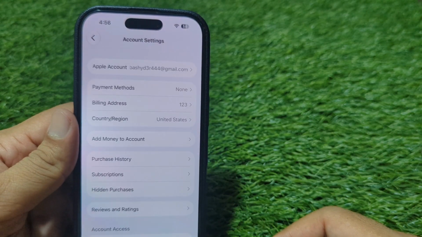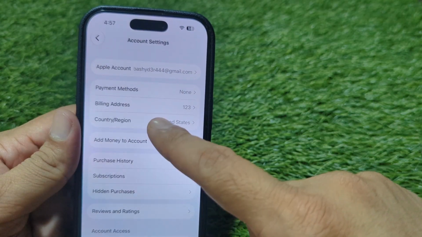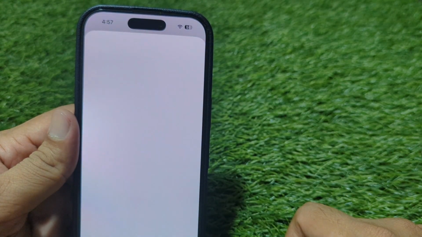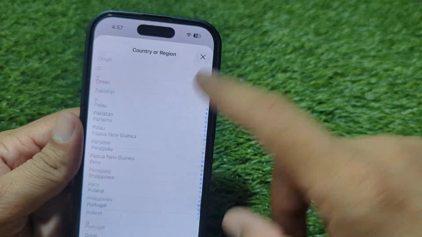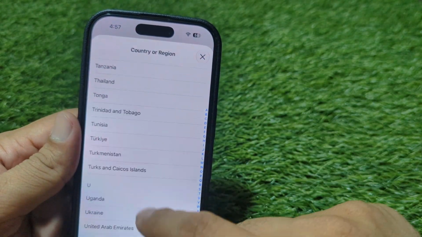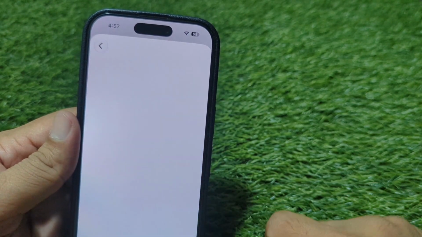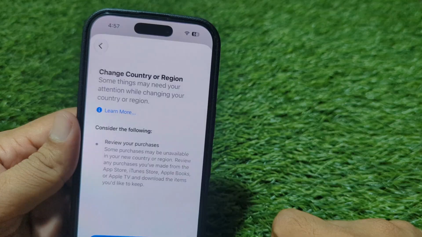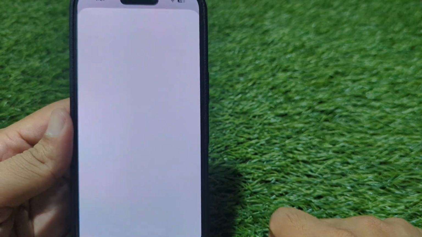Once you are here, you have to simply wait for some time, and after this you have to simply tap on country region, and from here select your country or region correctly, and now tap on continue. Again tap on agree button,